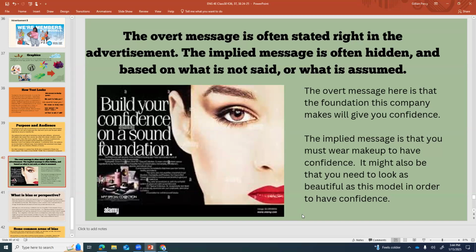However, whenever you're looking at the overt message, you also want to look at what the implied message is here. Well, the implied message is that you might need to wear makeup in order to have confidence. Like your bare face might not be enough to give you confidence. It might also imply that you need to look as beautiful as this model in order to have confidence, right? If you don't look as young as her, if you don't look as beautiful as her, if you don't have the same color of skin, all those things can be a little bit of an implied message, and that